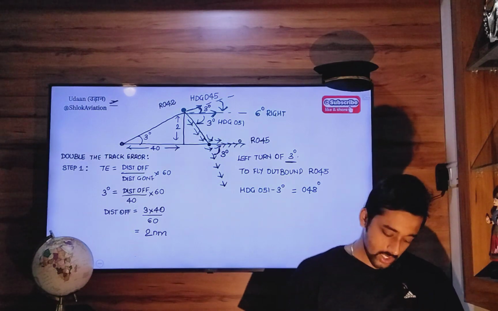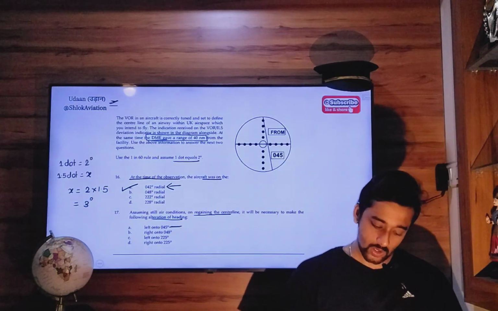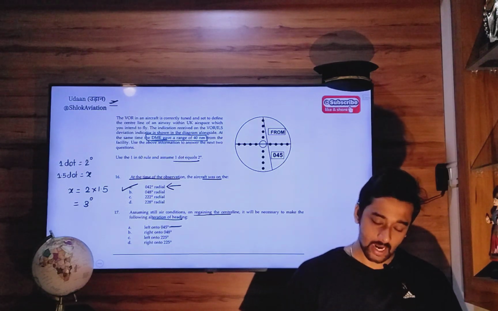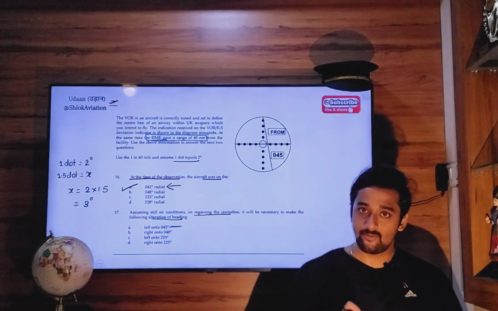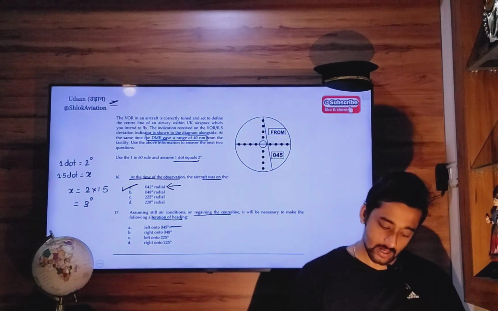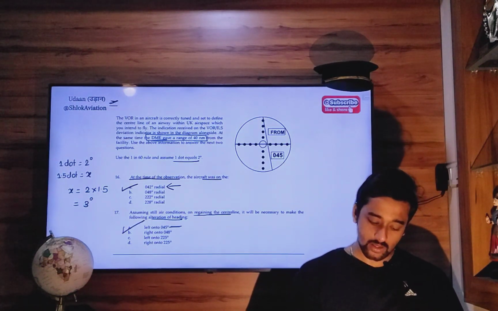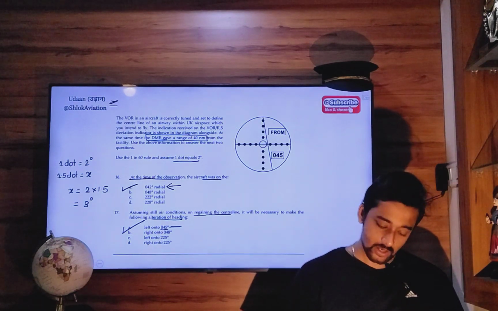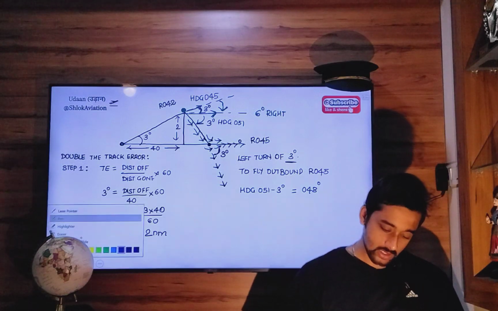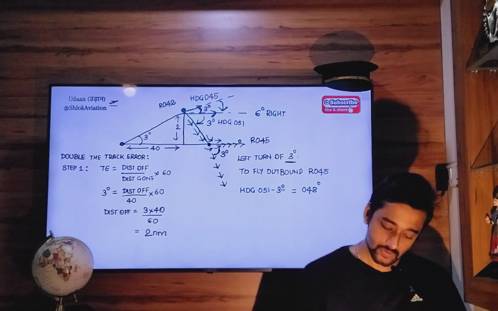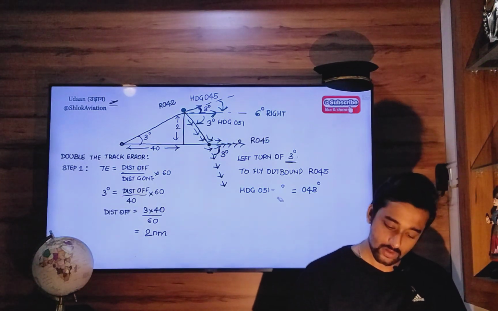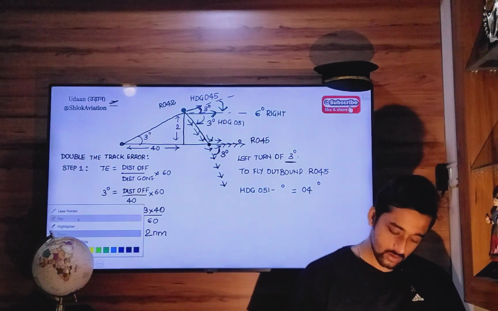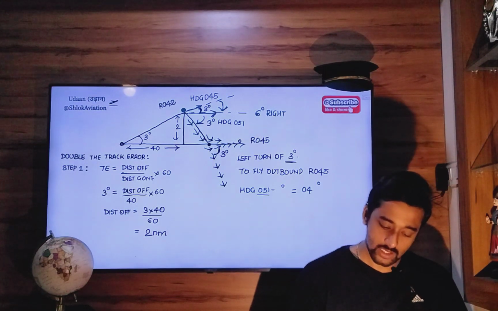Okay. So the correct answer here will be left onto 045, right onto 048, left onto 225, right onto 225. So it's definitely a left turn. And you will make a left turn on a heading of 045. Okay. Not 048. So let's subtract this. So let's make this 6 degrees. 051 minus 6, that is